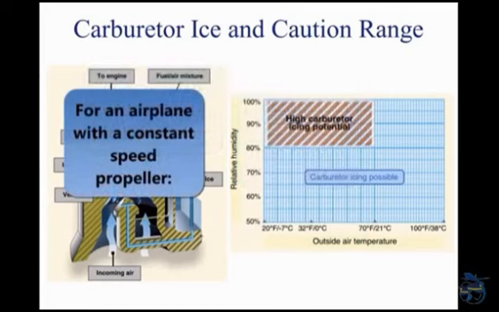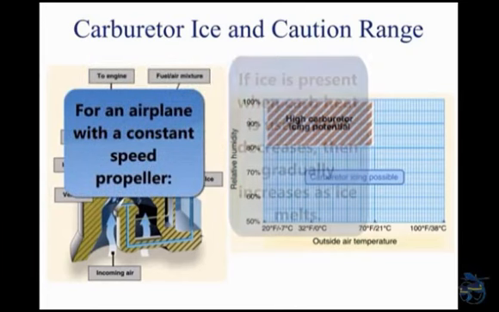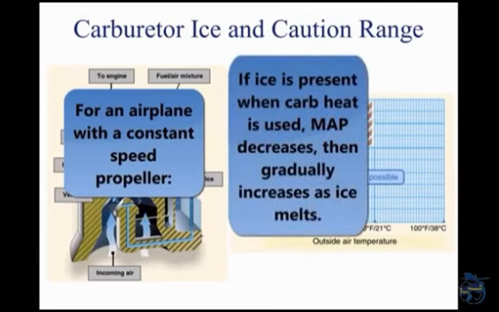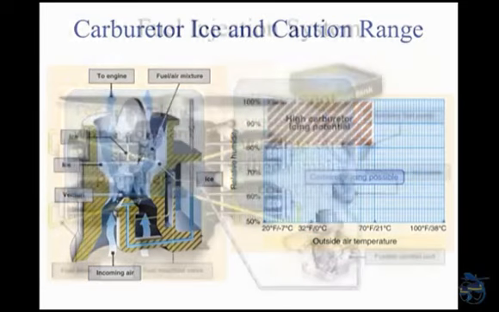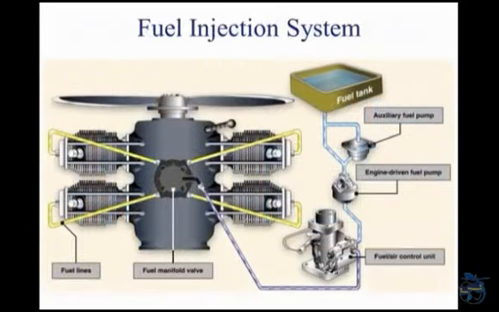When carburetor heat is used on an aircraft with a constant-speed propeller and ice is present, a decrease in the manifold pressure will be noticed, followed by a gradual increase. If carburetor icing is not present, the gradual increase in manifold pressure will not be apparent until the carburetor heat is turned off. In a fuel injection system, the fuel is injected directly into the cylinders or just ahead of